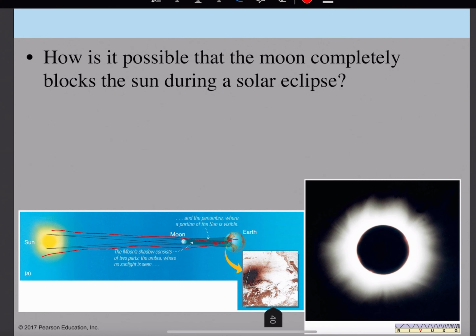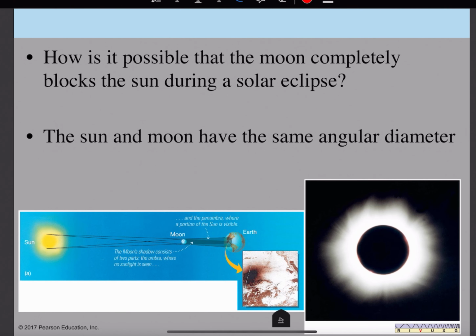All right, next one. How is it possible that the moon completely blocks the sun during a solar eclipse? And this picture is your hint. So what causes the moon to block the sun is that from our perspective, looking at the sun and the moon, your eyes make an angle,